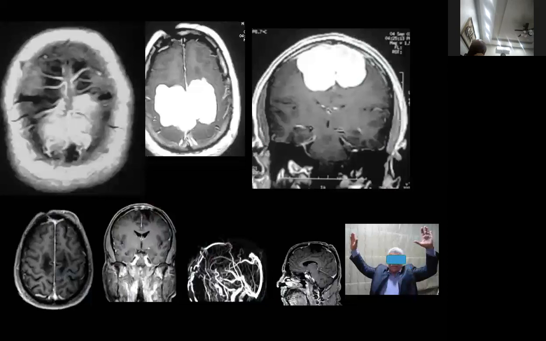Now, this is a question. Will you go through the sinus to remove the tumor? The answer is yes. And this is how the meningiomas are not dealt with in a proper way. You have to take the tumor from inside the sinus. Risky, needs experience, but this is the way to do it. Leave it inside, it will tend to be malignant, and you cannot cure the patient.